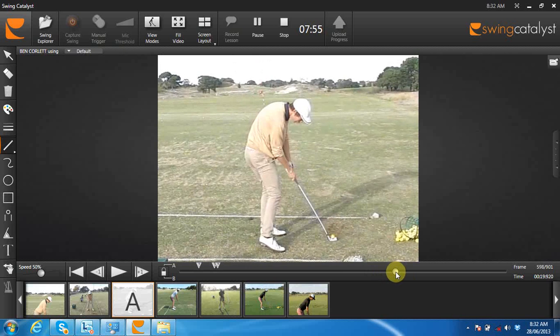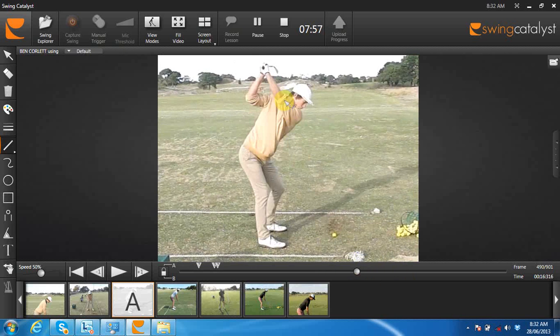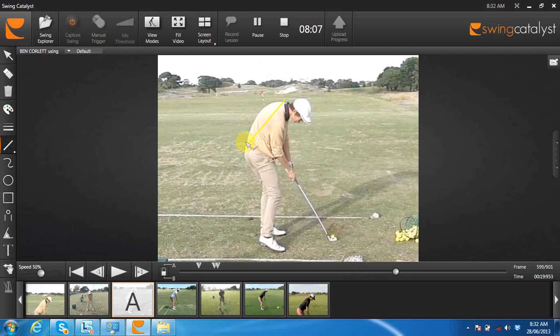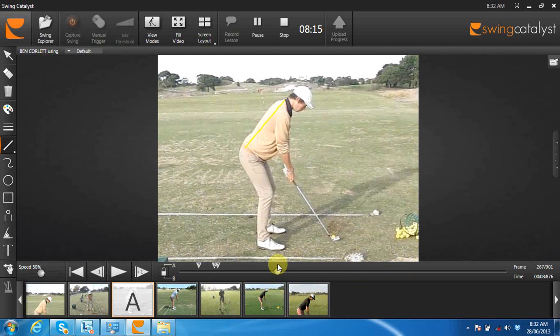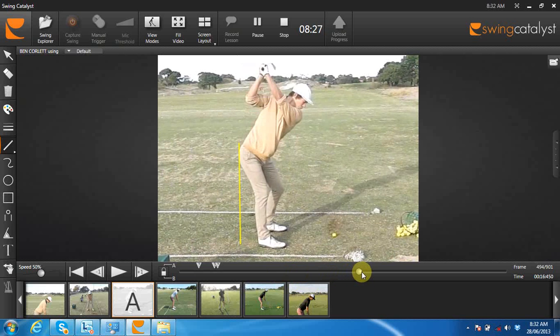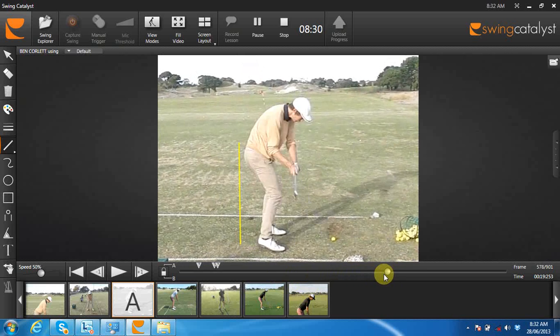Maybe we could just work on that posture a little bit as well, because there's just a little bit of a change in your posture from where you are at start of backswing, top of backswing, and impact. So there's just a little bit of rounding out there, and again, I think this is something we need to work on in your drills and exercises, not try and work on it too much in thinking about it during your swing, but things like feeling like you're keeping your backside out in that type of position. Maybe you brace your backside against a rail or something and do some training, but you can see here you're just moving your backside away there a little bit, so that's helping to create this little bit of curvature in your spine,